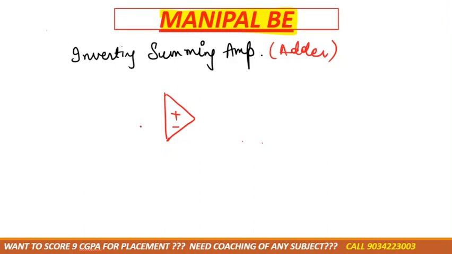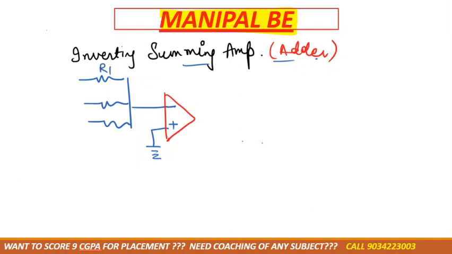Adder means we are connecting voltages, and again it's inverting, so the voltages would be connected to the negative terminal, the positive terminal is grounded, and you can assume there are three resistances, it should be more than one for addition, right? So it would be R1, then R2, then R3, the voltage is V1,